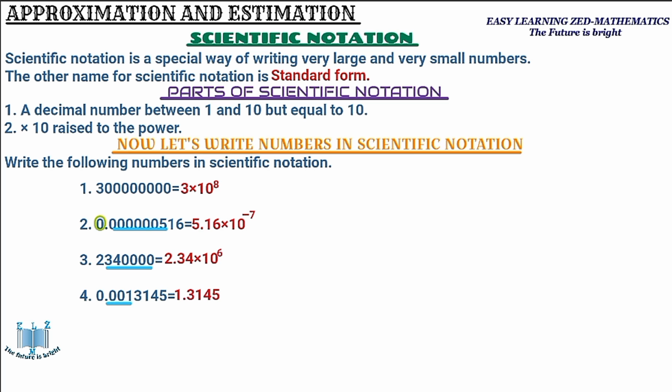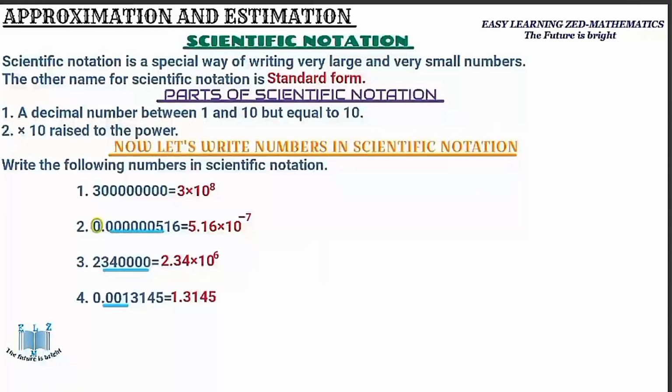So when it jumps 3 digits, we're going to have 1.3145. Then we multiply by 10, raised to the number of digits the decimal point has crossed, which is 3, so the power is -3. Why? Because the decimal point has crossed 3 digits. That's why we have raised it to the